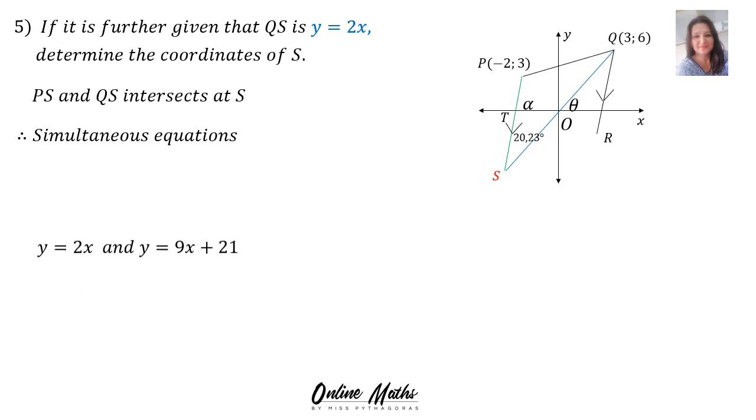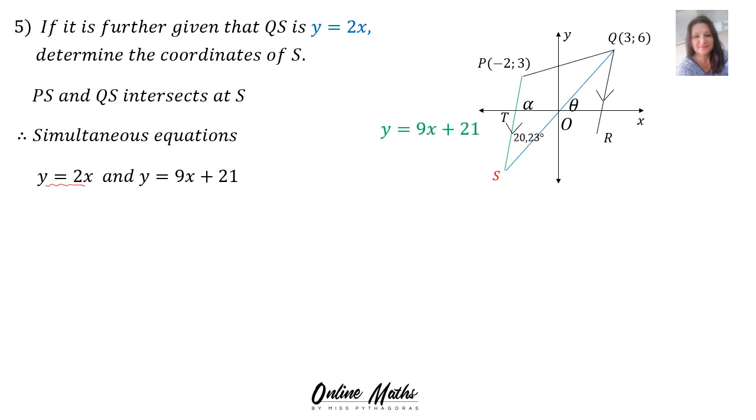Now let's see. Given was that line QS's equation is y = 2x, and the other line PS, the equation for PS, we worked it out in the previous sum. That one was y = 9x + 21. So both the lines are in standard form. Therefore, to do the simultaneous equations, we can equate the two lines, and it becomes 2x = 9x + 21. Let's get all the x's on one side and the constant on the other side,